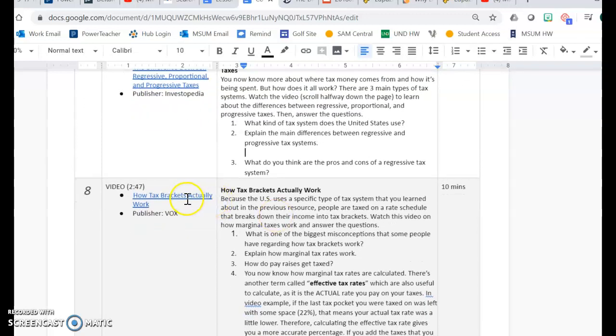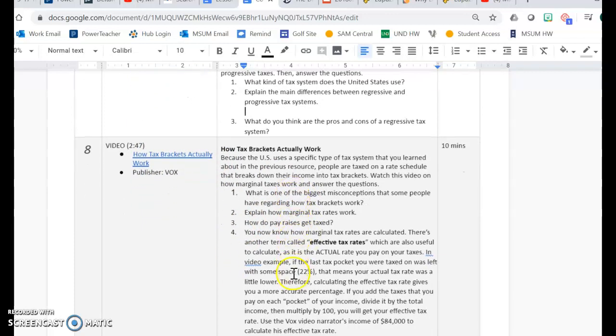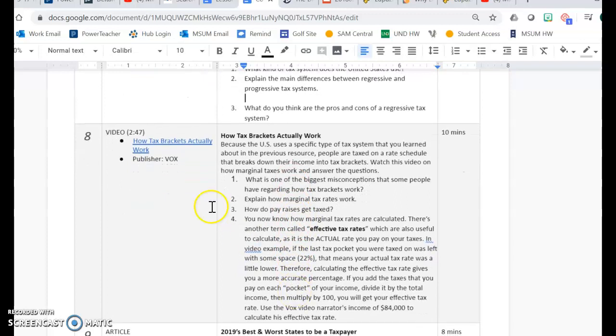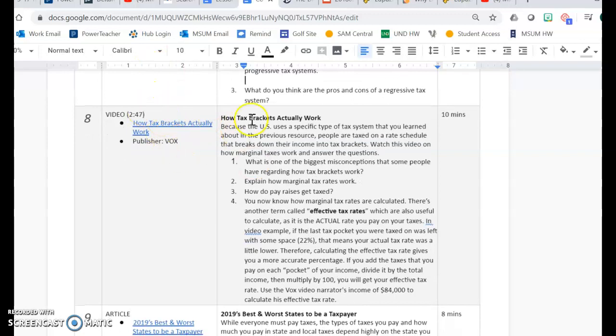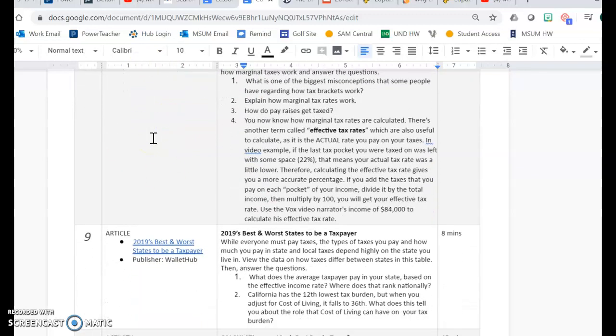For part 8, how tax brackets actually work. Here's a short video for you to watch. There are questions for you to answer once you watch the video. If you're trying to answer these questions and can't remember, or I didn't explain super well in the video and you're still confused, please use your resources. Please use Google and try to figure out some of these answers. You're not limited to just the resources that I have provided here. And finally,